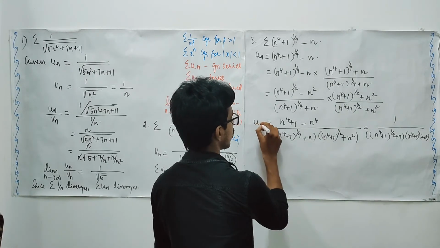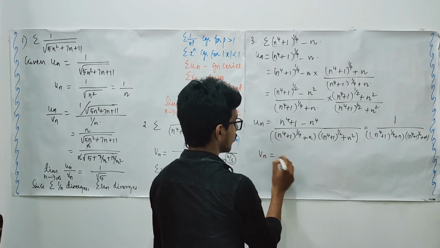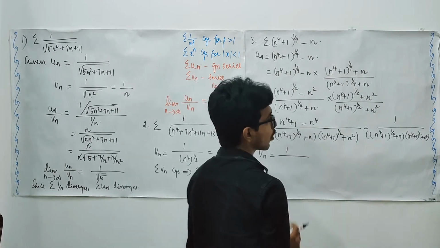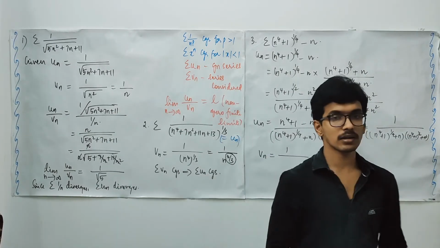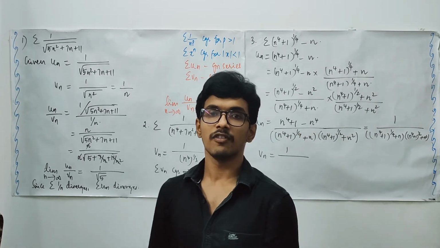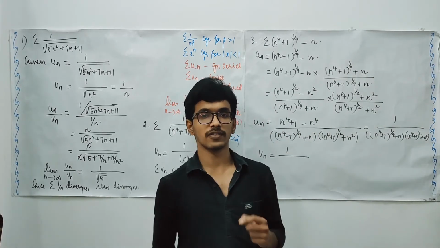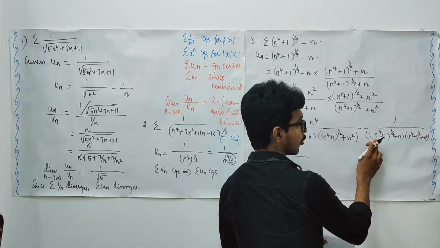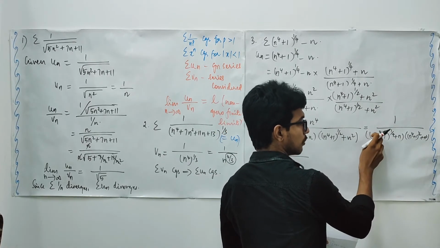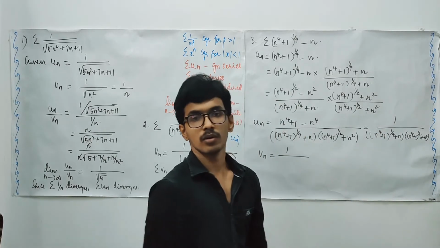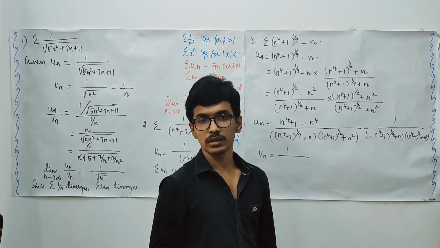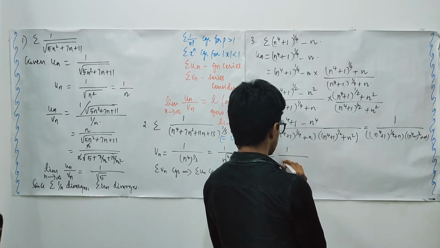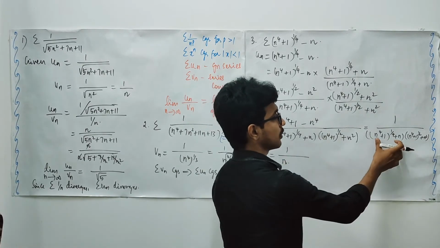Okay, this is your Un. Now we will have to identify Vn. In the numerator we have only 1. Since this is a product of two terms, from each term you will have to identify the leading one. It is n to the power 4, raised to the power 1 by 4, that becomes, when you manipulate it, only n. So n is the leading term in this.